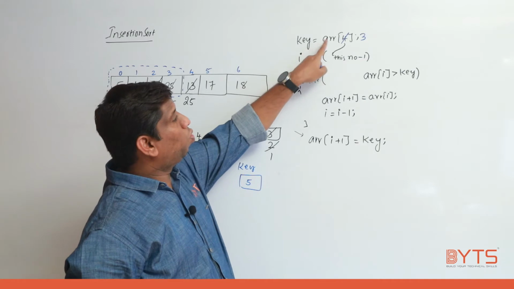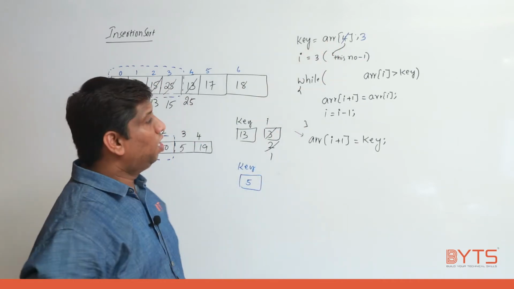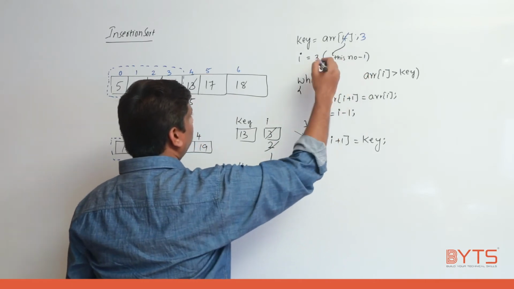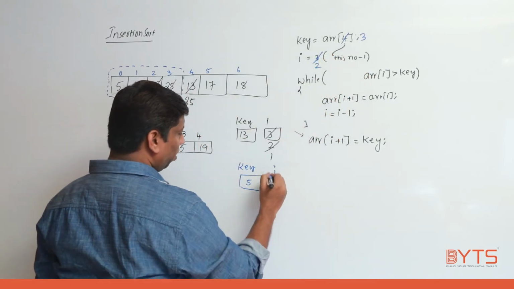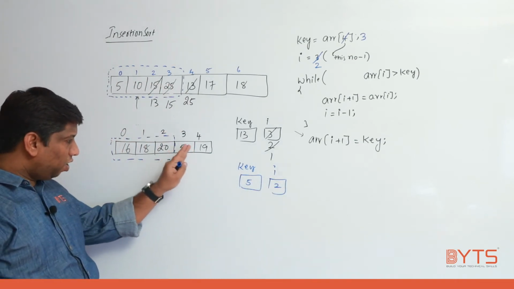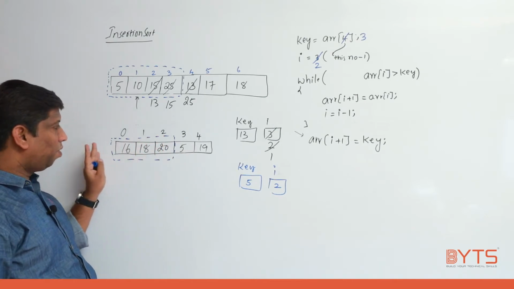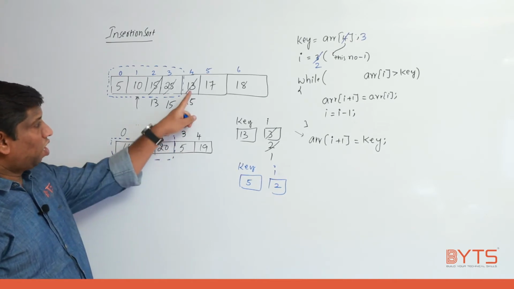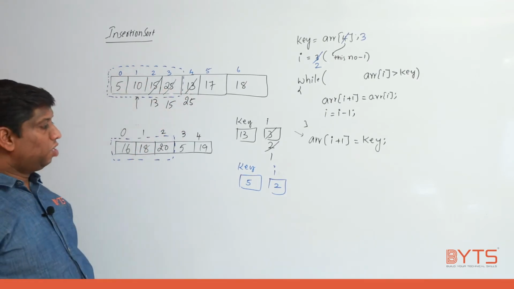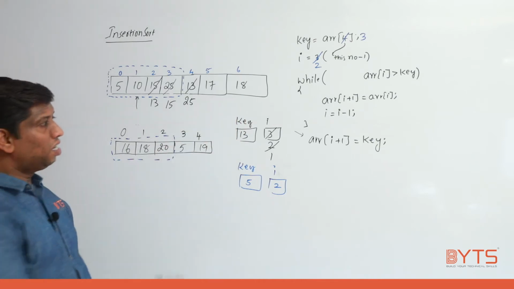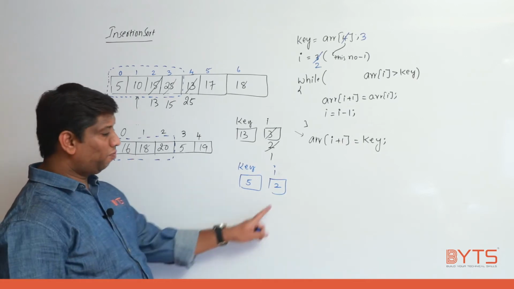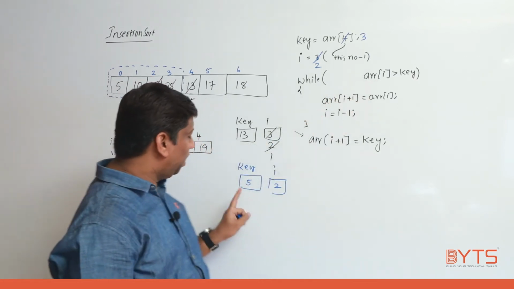Okay. Now key is equal to ARR of 3. And I value will be what? This number minus 1. What is this number minus 1? 3 minus 1, 2. Now I am going to assume I value is 2. Try to understand. Whenever you are standing here, I need to compare the previous number until the number is smaller, right? So I started here. I compared till the number is smaller. 10 is smaller than 13, I stopped there. So same code only, I don't make any changes. Logic is always the same, right? Now see, first step. What is the value of I? 2. ARR of 2. Key is always 5 only, right?